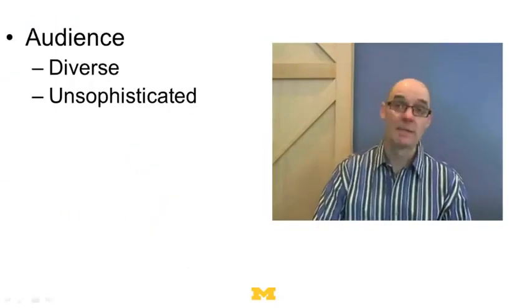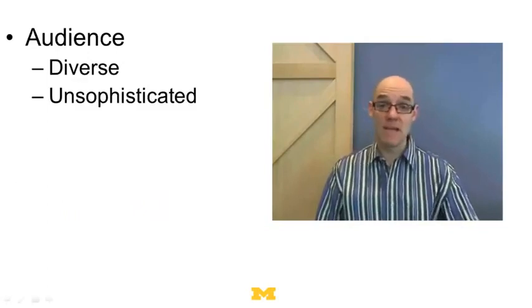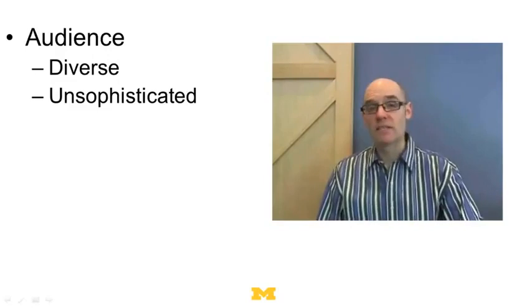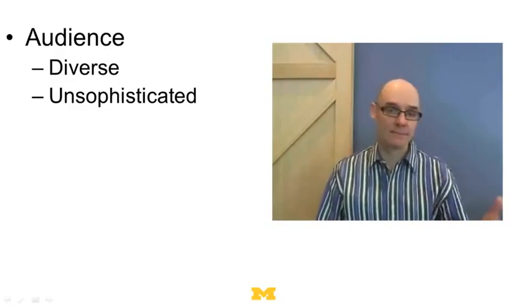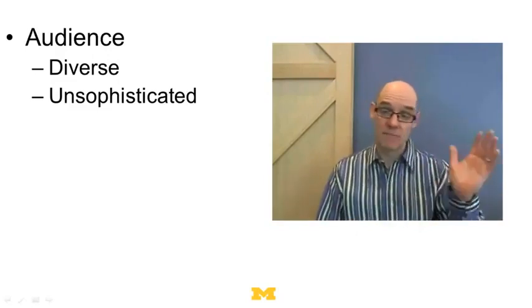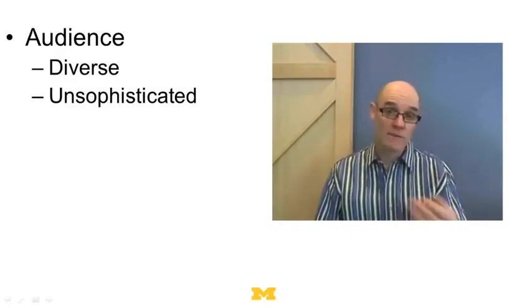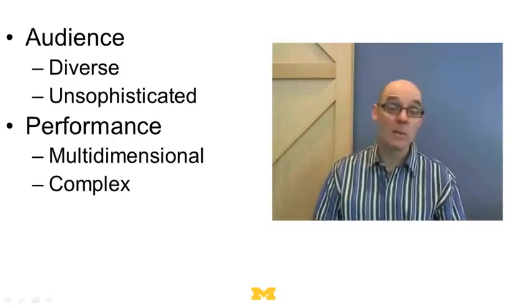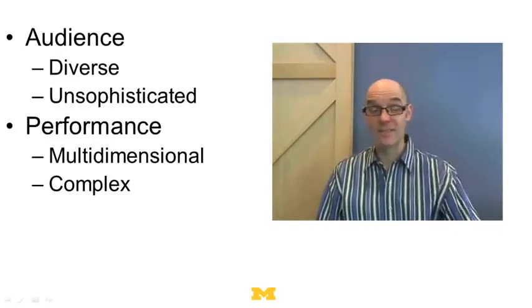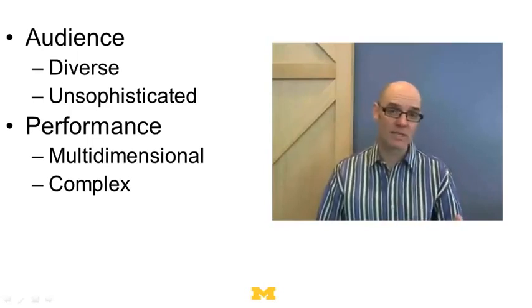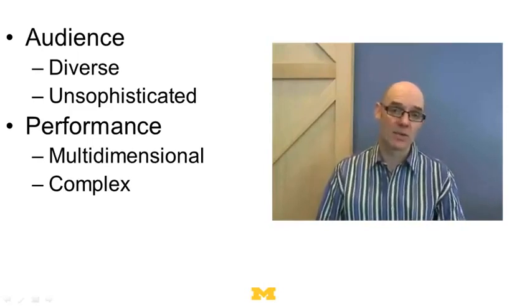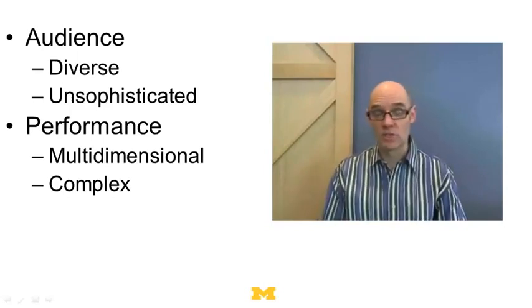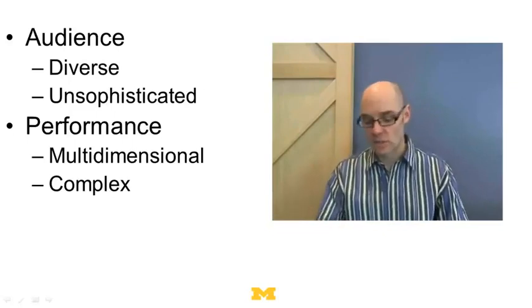Okay, so let's think about what would cause E to be big. Well, one thing would be the audience, right? If you have an unsophisticated audience, maybe they don't get it. That means some people would think it's great, some people think it's bad. You're just going to get more variation. Or if you have a diverse audience, people from different backgrounds, you're going to get more variation. The performance itself could matter. If it's really complex and hard to figure out, that could cause variation. Or if it's multidimensional, if there's lots going on, that could cause more variation. So different attributes of the audience and the performance could result in more variation in that E term, which could lead to more standing ovations.